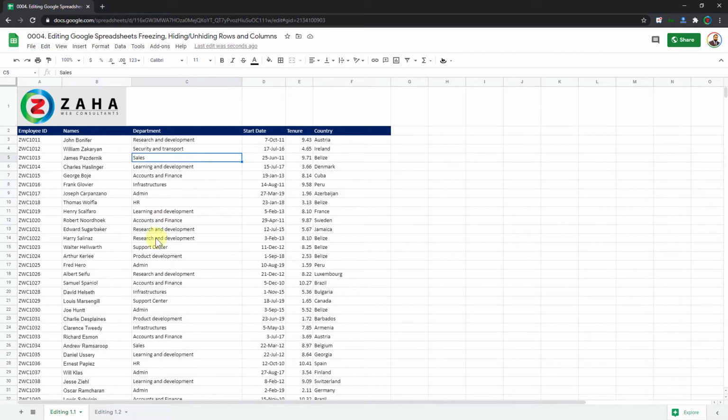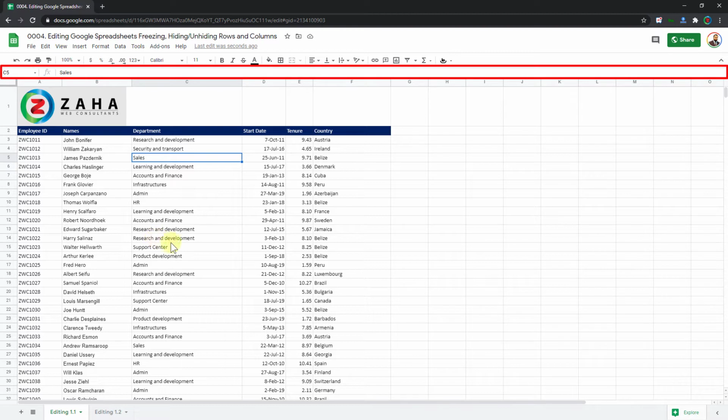Now let us talk about hiding or unhiding a formula bar. You see that formula bar on the top? If I select any of the calculated cells, I can see the formula there. I can go to the other cell. This one is showing me the actual value, even this one. But here in the tenure column, I have some kind of formula there. So maybe during presentation or for some other purpose, I don't want to show that formula bar.